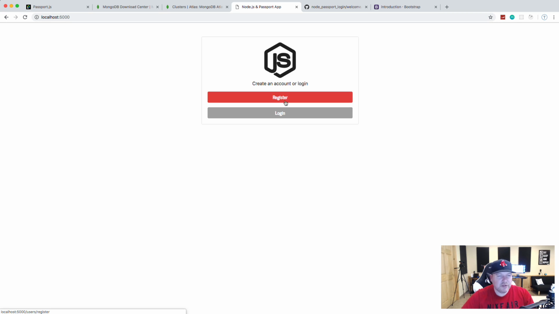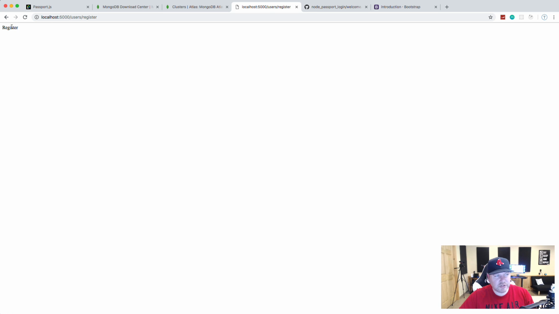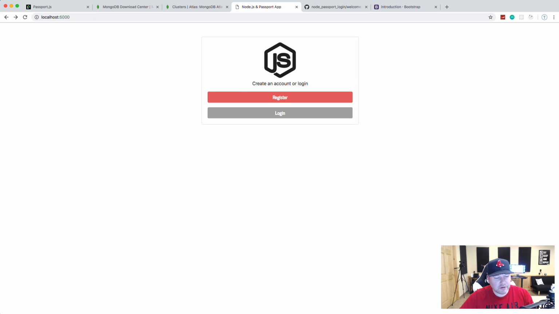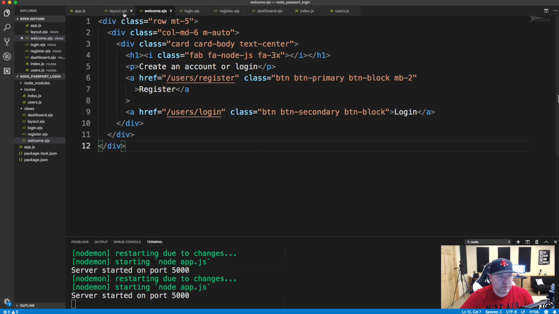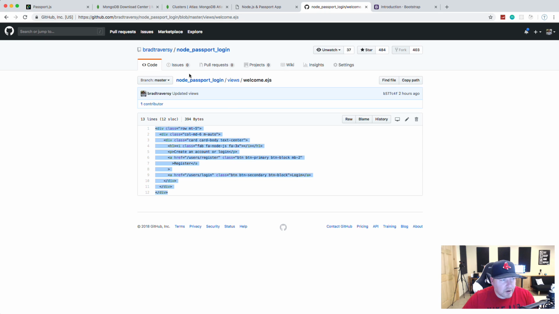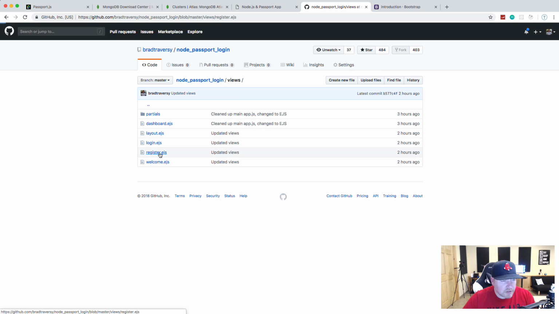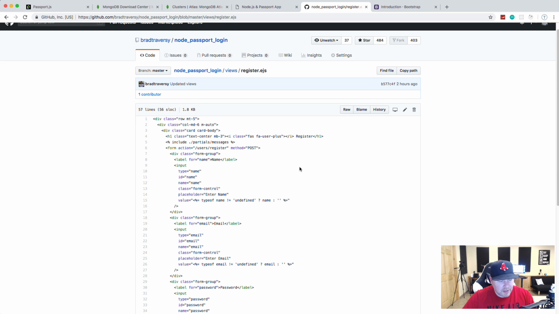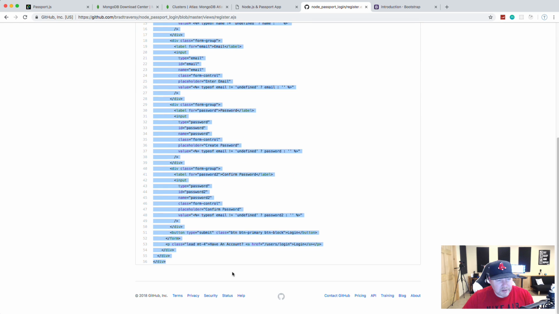All right, now let's do the register. Right now it's just showing the text register. What we want to do is render the register template. So we'll go to our route, users.js. Let's change this to render, and then this will render login, and then we want this one to res.render register. Okay, so let's grab from the repository, let's grab views register.ejs, and I'm going to just copy this,